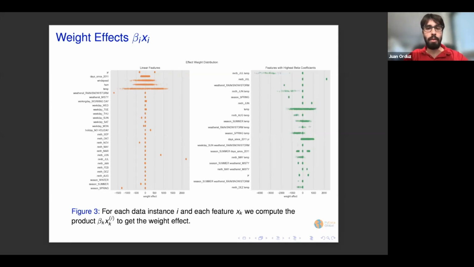On the orange plot, we have just the linear features, because we have many features in this model. And in the green one, we have the features which have the highest beta coefficient, which could include interactions. So if you think about whether a variable is important, notice that, for example, the month of July times temperature seems to have the highest beta coefficient, but for a lot of these data instances this is actually 0, meaning when the month is not July. So it is important with respect to the beta coefficient, but it's not impactful across the whole data set, whereas the temperature is something that is kind of always there.